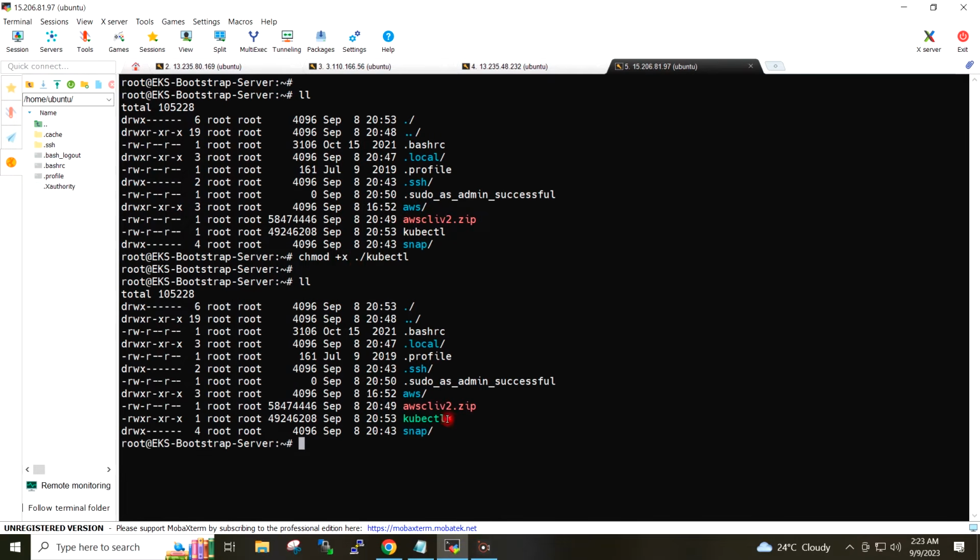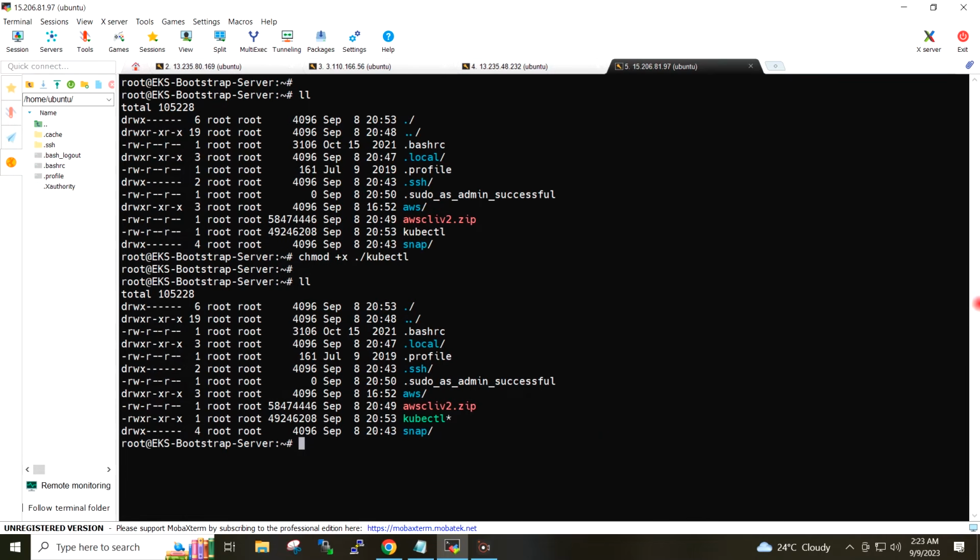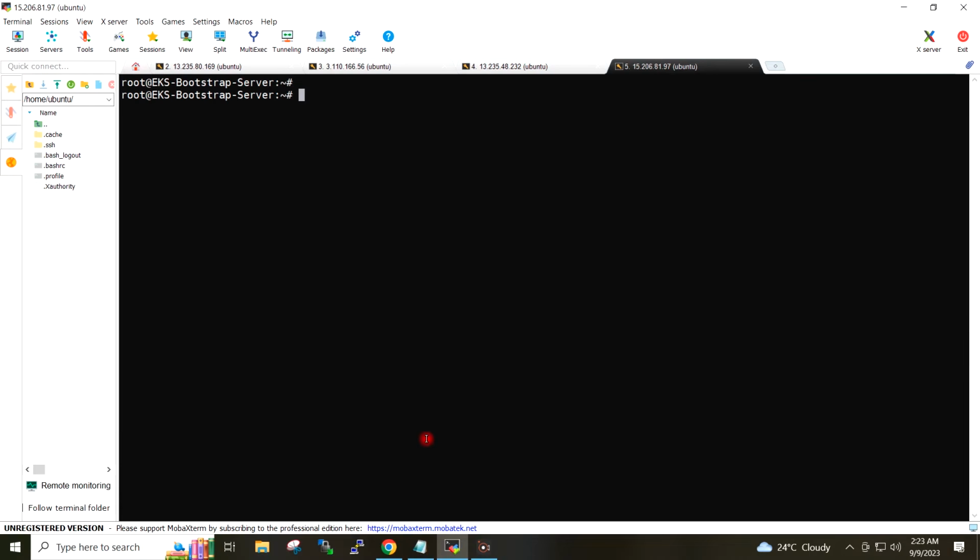Now the kubectl is having executable permission. I will move the kubectl to /bin because all the executable files are present in the /bin.